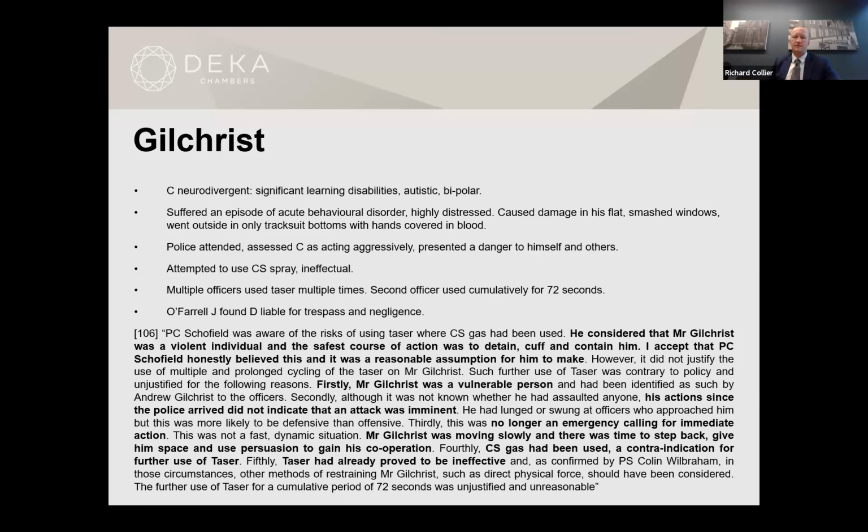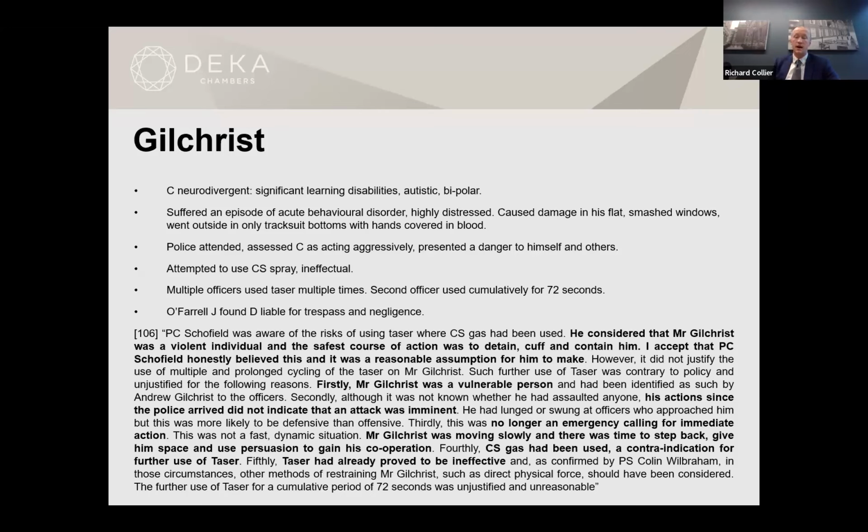He smashed up his flat and in the process cut his hands badly, and then charged outside with blood all over his hands, no top on, no trousers, which I think predictably caused concern to members of the public that saw him, so led to the police attending. They, somewhat fairly, assessed him as acting aggressively and presenting a danger to himself and others. CS spray was attempted but was ineffectual, and then one officer tasered the claimant a number of times, and then a second officer tasered him